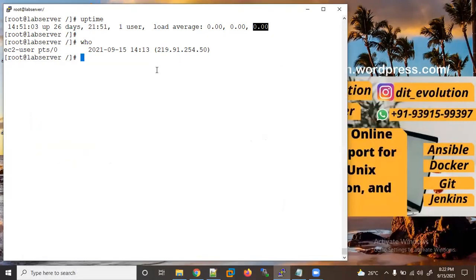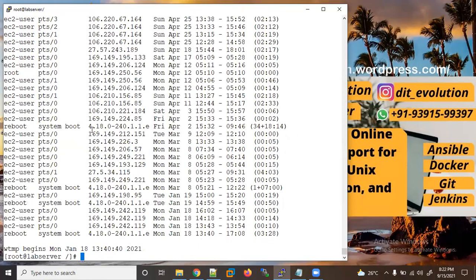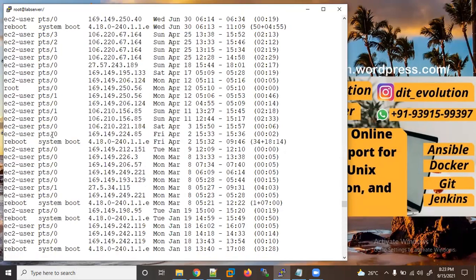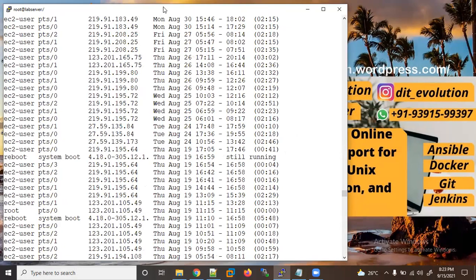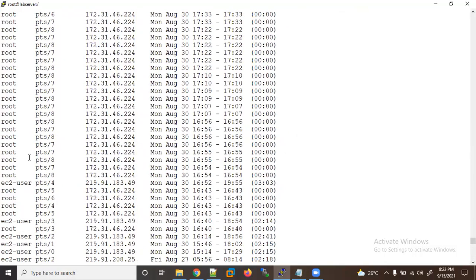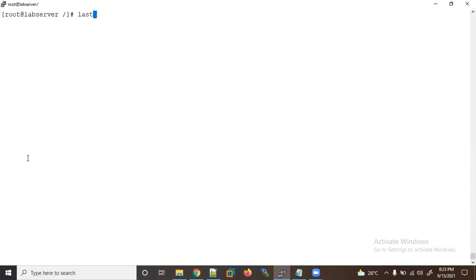If you want to see this with the last command, use last. Here you will get users, and when someone accessed this user with this public IP, so it will show us different data here. In the last command you will also get when your system was last rebooted and when your system went to shutdown. I will let you know the grep command later, but I just want to show you some output, that was the reason I'm using it here.